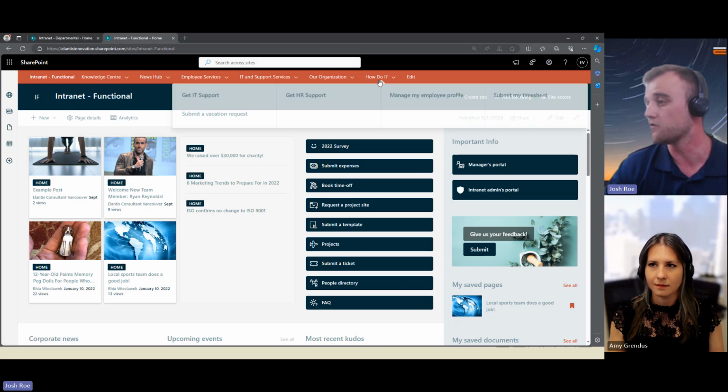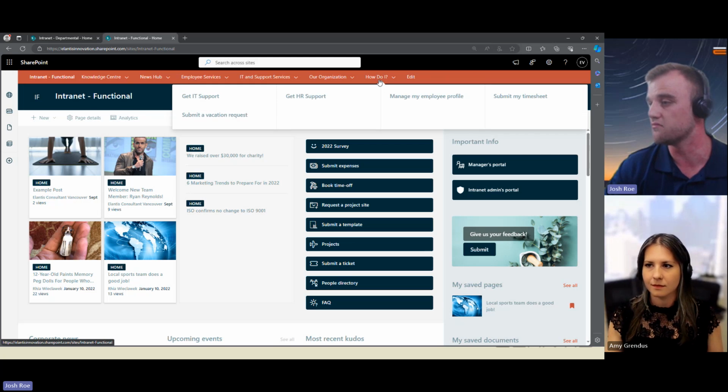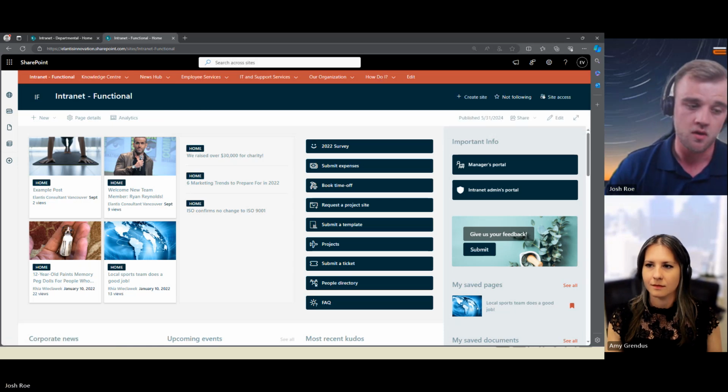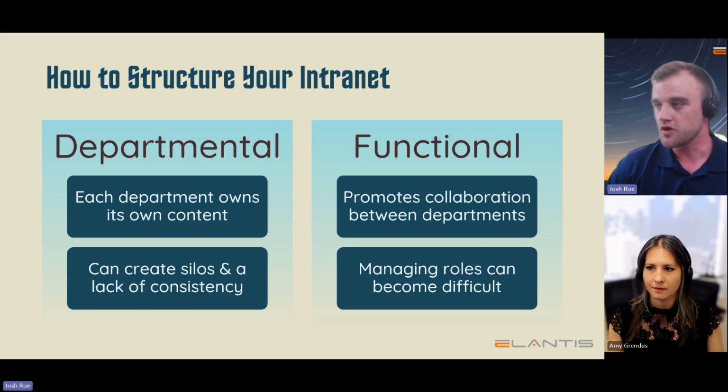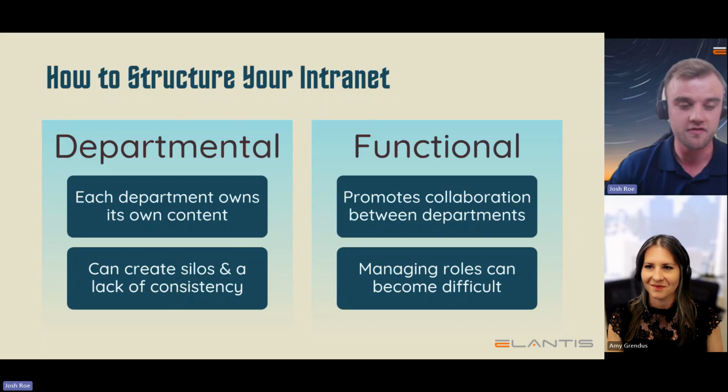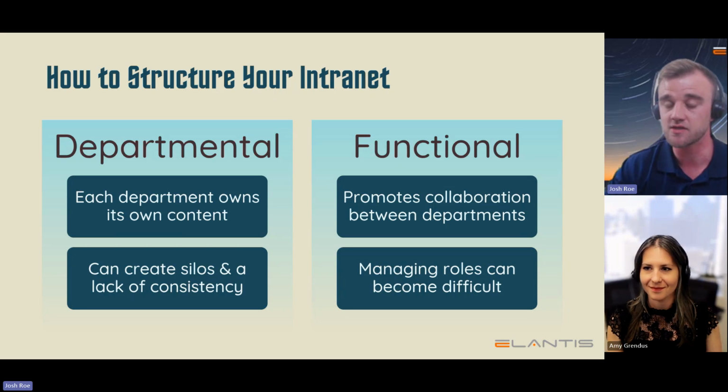And then we've also got a how-do-I section on the right hand side, where there might be frequently asked questions, things like that, where users can go and find the information they're looking for. If I was to suggest one of the two structures, I would probably say both, which sounds a bit odd. But I would find that using a departmental structure for the back end of your intranet is actually quite useful because it's helpful with role management and your security, because every single department has their own area where they're